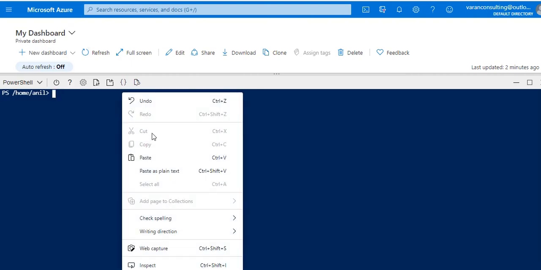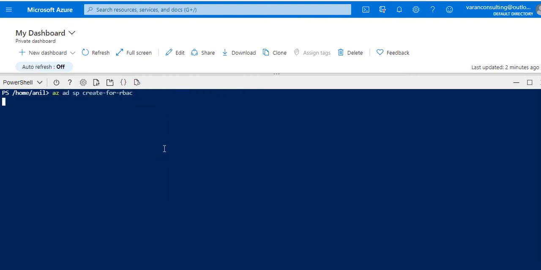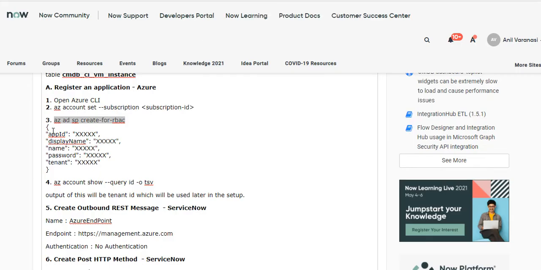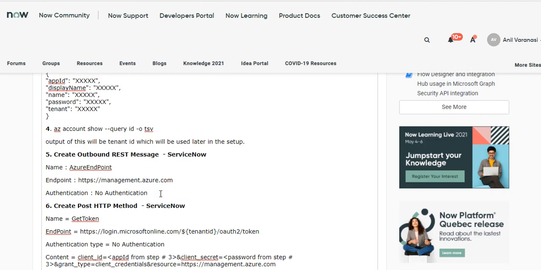So let's paste that here. It should give you the output in this format. I have copied the output. Next, I'll run this command to get the tenant ID. I have made a note of that as well.